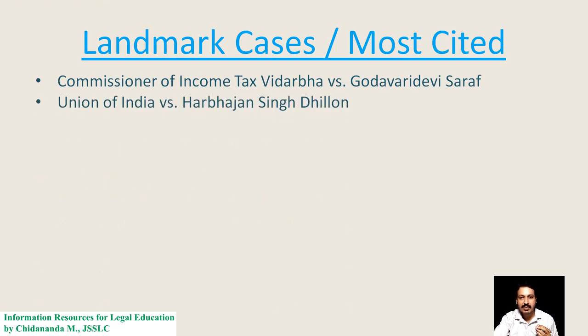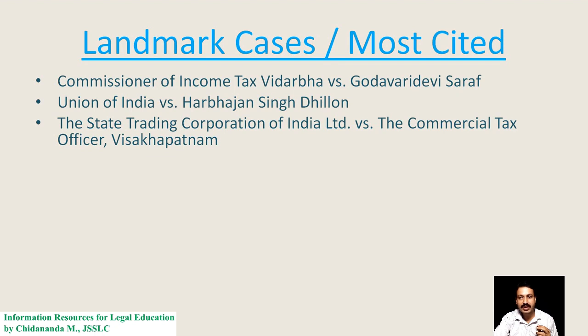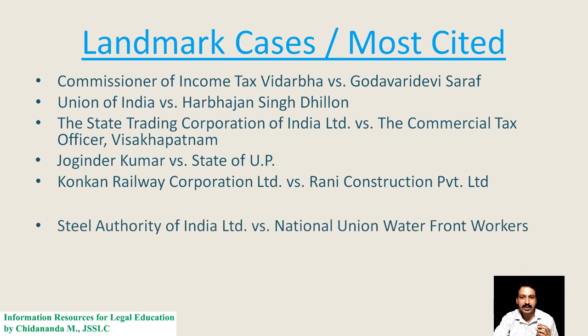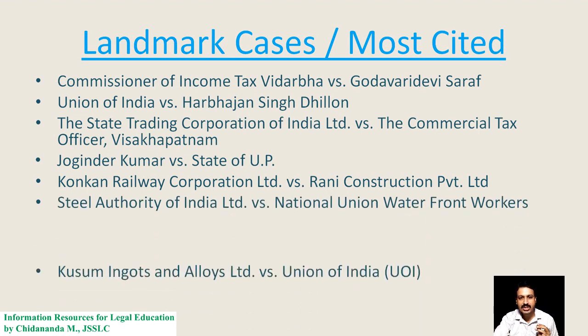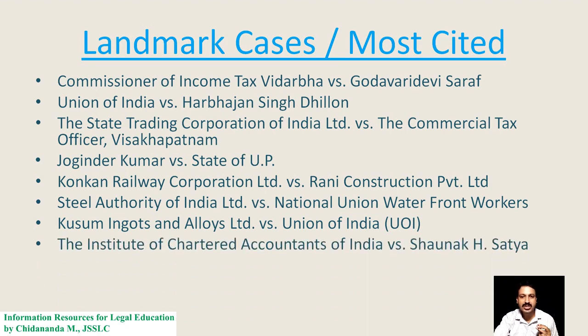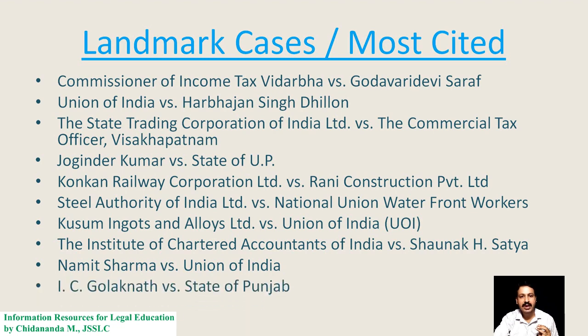The cases are Commissioner of Income Tax Vidarbha versus Godavari Devi Saraf, Union of India versus Harbhajan Singh Dhillon, the State Trading Corporation of India Limited versus the Commercial Tax Officer Vishakhapatnam, Joginder Kumar versus State of Uttar Pradesh, Konkan Railway Corporation Limited versus Rani Construction Private Limited, Steel Authority of India Limited versus National Union Waterfront Workers, Kusum Ingots and Alloys Limited versus Union of India, the Institute of Chartered Accountants of India versus Shaunak H. Satya, Namit Sharma versus Union of India,